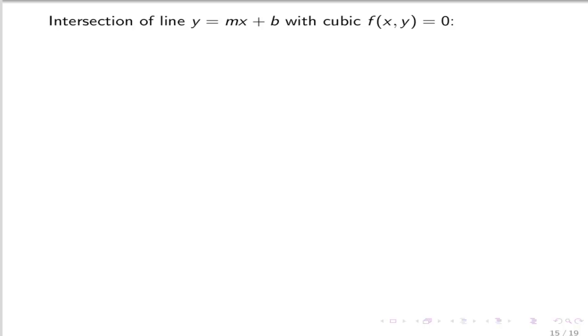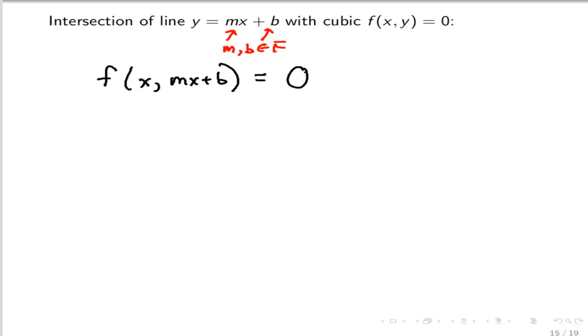So intersect y equals mx plus b, where m and b are in the field F, with this cubic, and that just means insert y equals mx plus b and set that equal to 0. Now what am I looking at on the left hand side here? So you have to remember f of xy